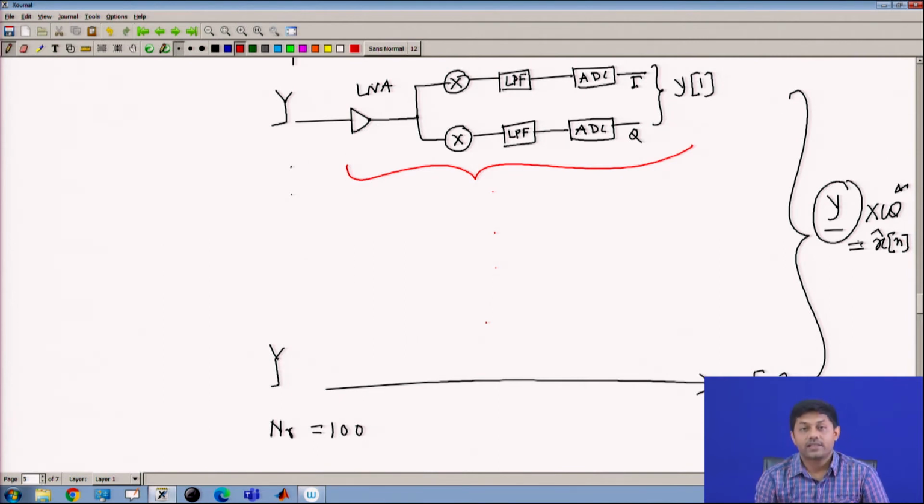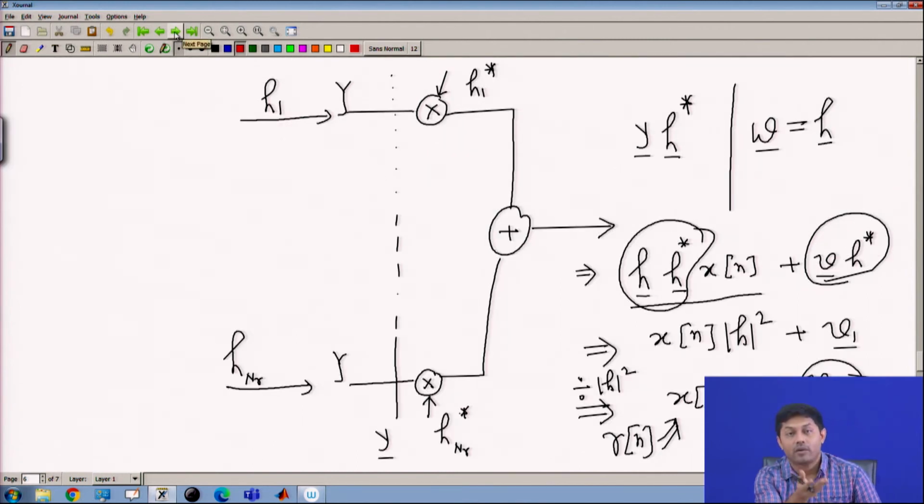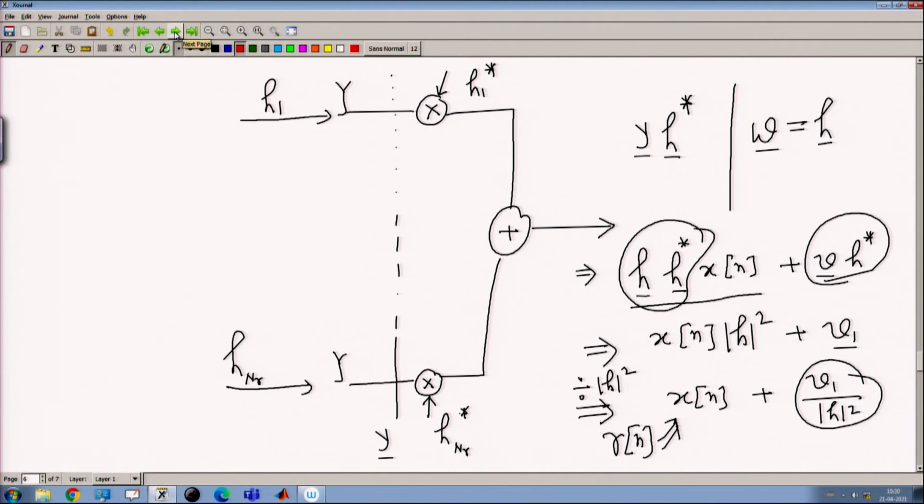So the better solution is: can I move some of my equalizing concept into the RF domain? That's the point we are trying to make when I am in the millimeter wave, because I am completely in the RX now. Whatever mechanism I have explained here, can I see if some of them can be pushed back into the RF or not? Let us understand that.